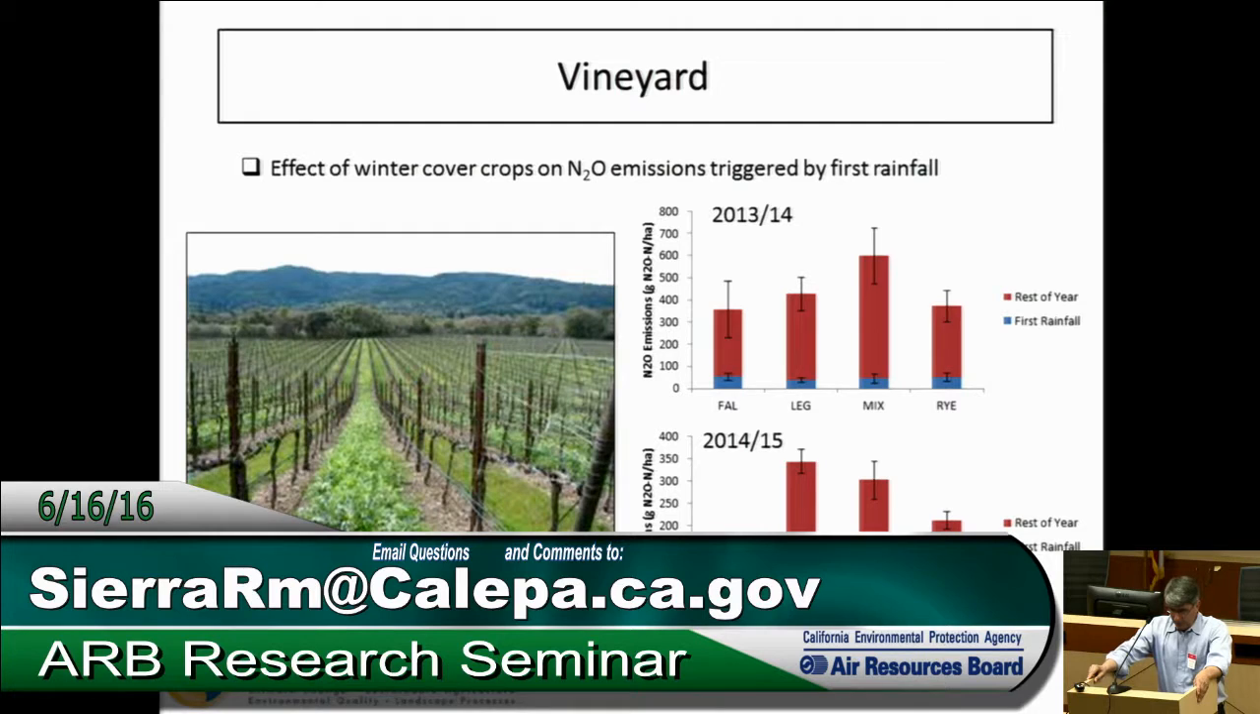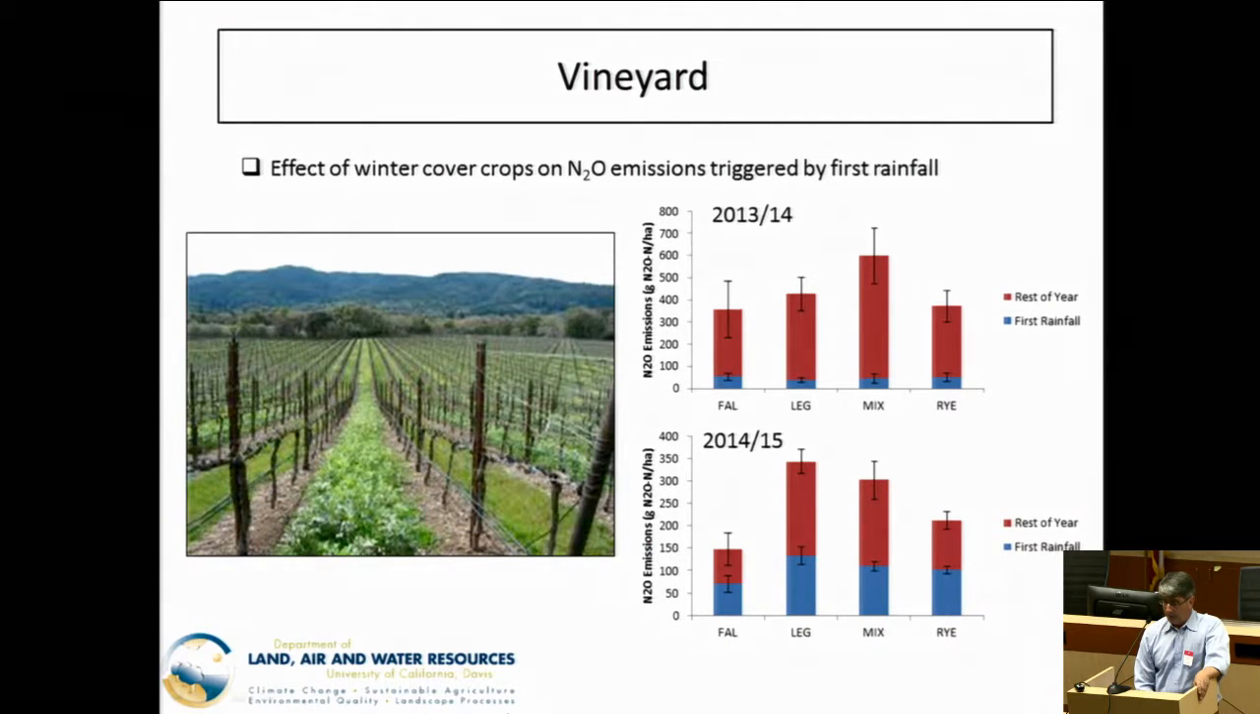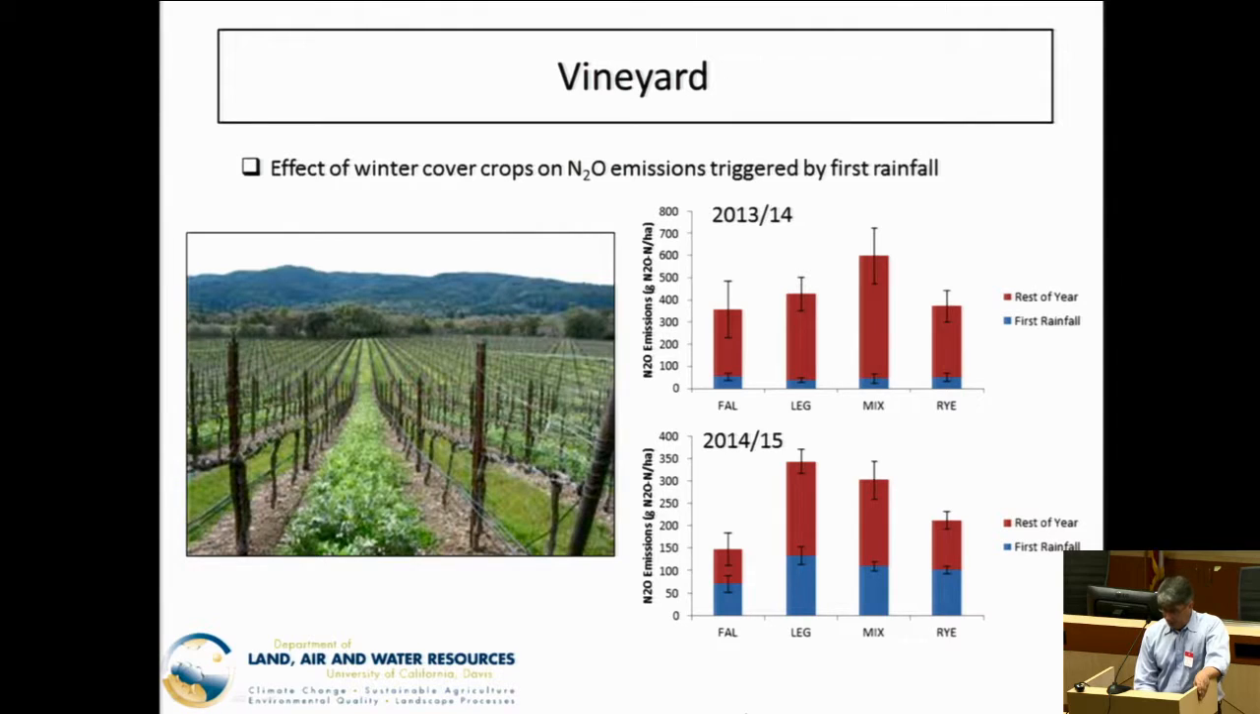And so we wanted to look at the different types of cover crops, whether it mattered, whether it was a legume or a grain cover crop. And that's what these treatments were. They were legumes, mixtures of grasses and legumes, and pure rye cover crop. In one of the 2 years, we had substantial emissions with the first rainfall, and it seemed that indeed the cover crops, they increased the emissions a little bit, but there was no difference between the type